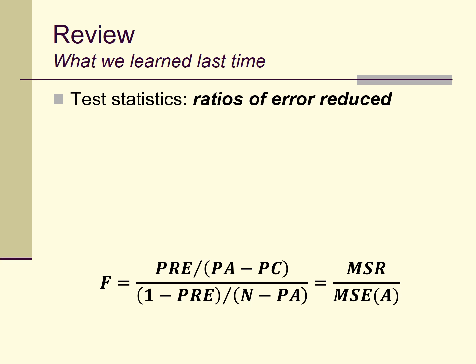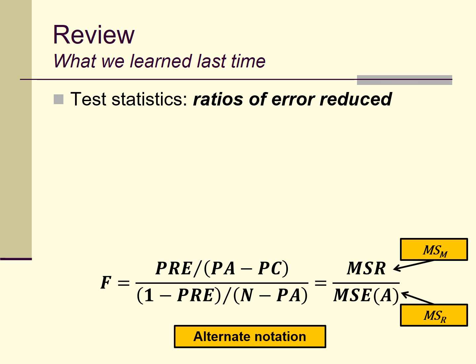And you maybe remember the F statistic calculation as the quotient of the mean squares error reduced divided by the mean squares error for the augmented model, or maybe using the subscripting notation, mean squares error model divided by mean squares error residual. Either way, the important point that I was trying to make in the last lecture, and I guess I'm reviewing right now, is that that same calculation can be expressed in terms of proportional reduction of error. And although it looks a little bit more complicated, it's kind of informative, I think, because really